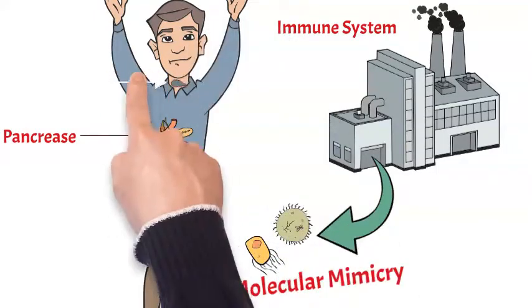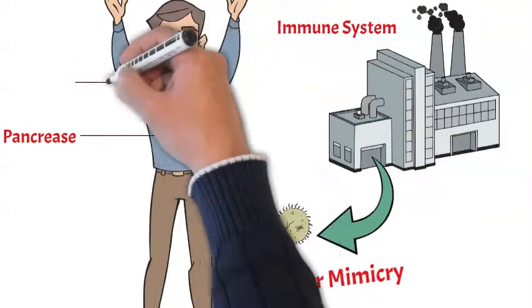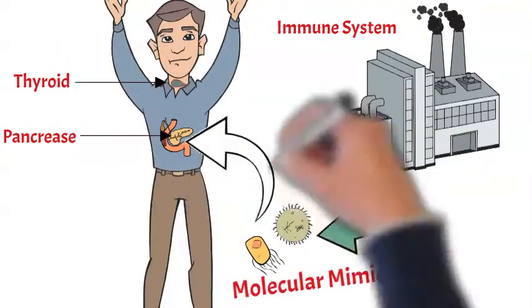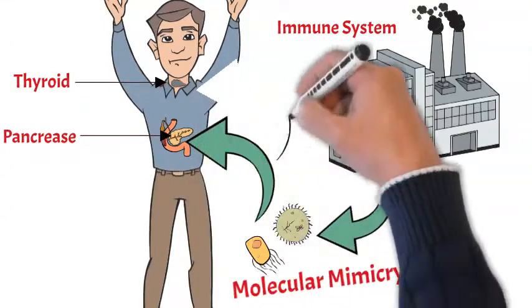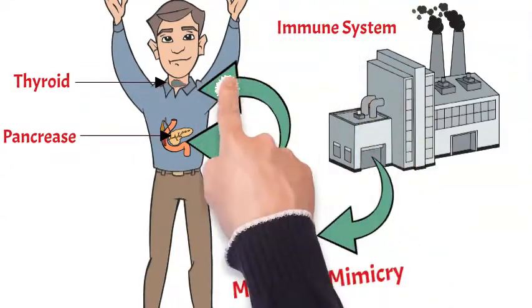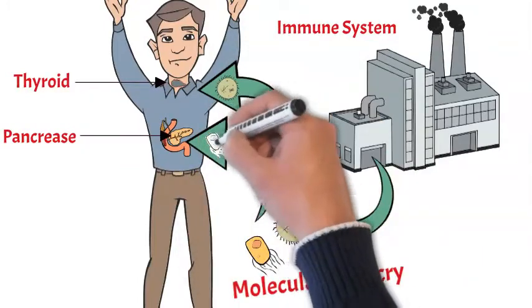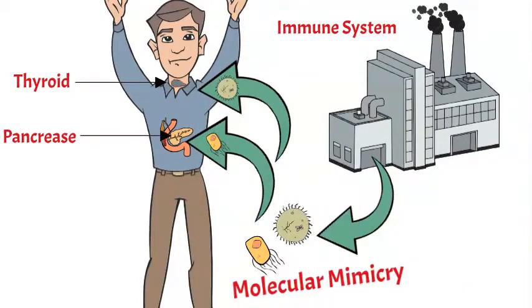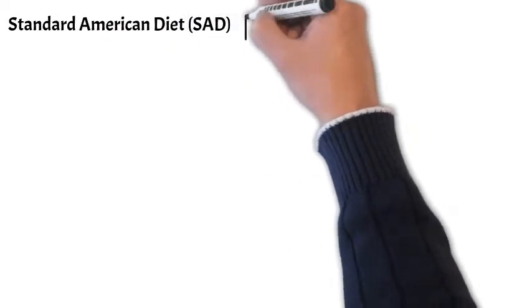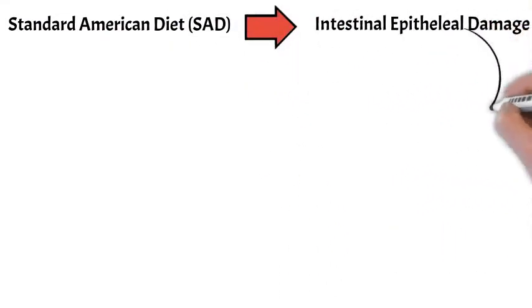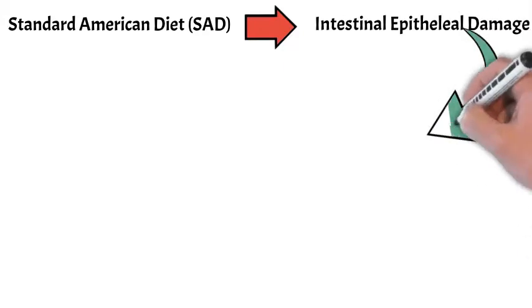This can also apply to the thyroid cells when the immune system mistakes your own thyroid cells for foreign invaders as well. What occurs next is that you now have your immune system attacking your own cells in the pancreas and the thyroid, leading to autoimmune thyroiditis as well as autoimmune pancreatitis and potential diabetes. This phenomenon of molecular mimicry can occur against any and all endocrine glands in your body, and this can also affect your brain. So to recap, the standard American diet leads to intestinal epithelial damage, and this in turn leads